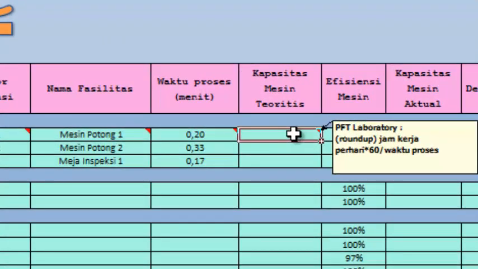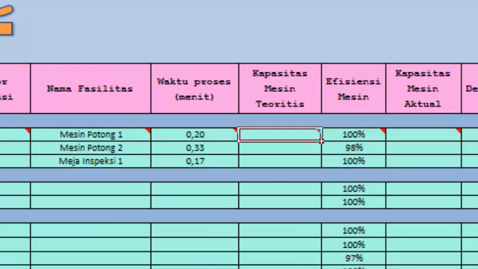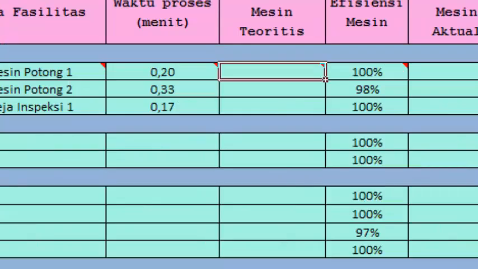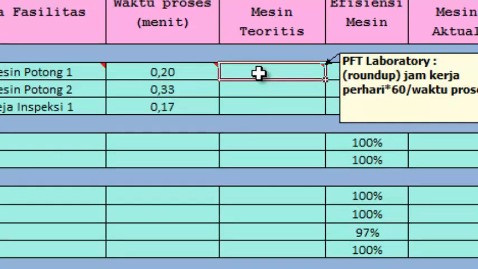Next column is theoretical machine capacity. Please read the comment first. You can get it by the number of working hours a day multiplied by 60 minutes, which is the unit of processing time, then divided by the process time.